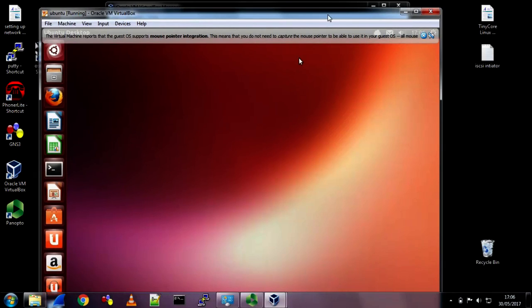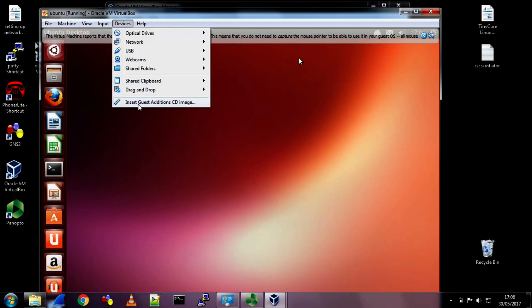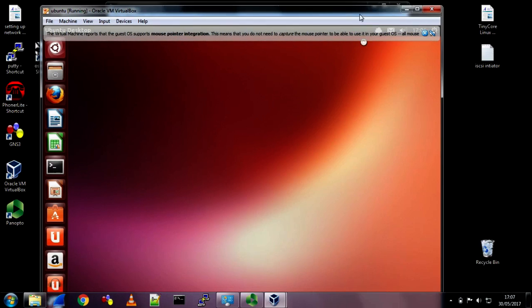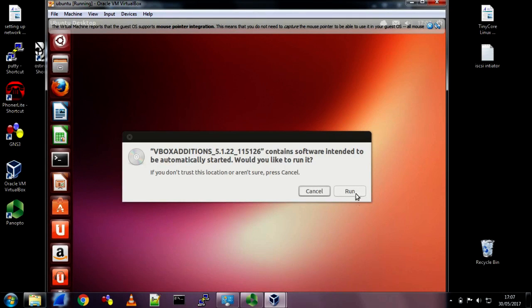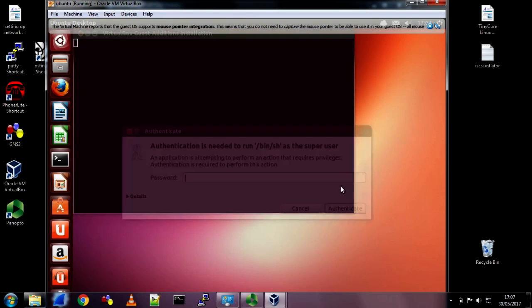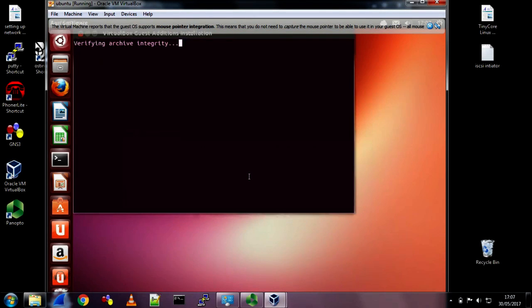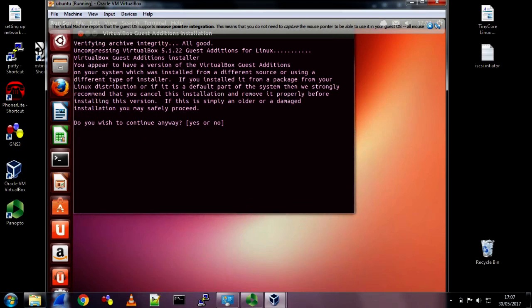So if I bring that into focus, and under devices, insert that CD. If I look, you'll see it comes up, so we can run that. Usually asks for authentication again, so just put the password in. And away it goes. Y for yes. And that will actually go through the install now, bringing up